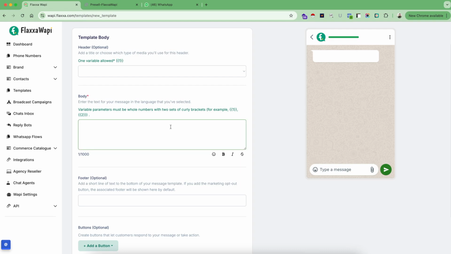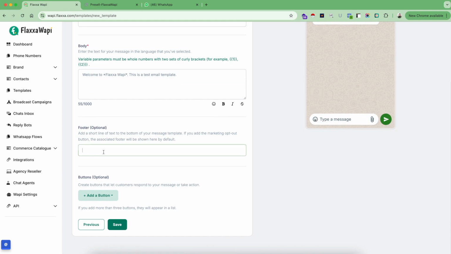For example, in this template, I'm going to simply write something like, welcome to Wapi. This is an email template. I will keep it very simple, although you can insert several different emojis over here, and you can make the text bold or italic. Select your text and make it bold, italic, or anything, and it will always inherit all those options from here. You can also use a footer. I will use something like, this message is sent from